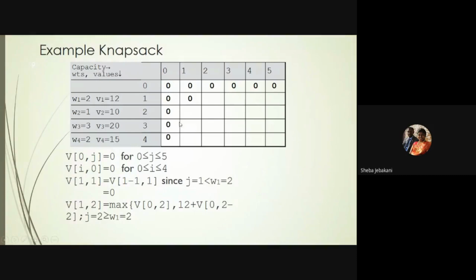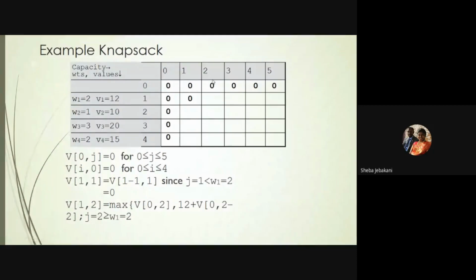Now next is V of 1 comma 2. That means now I am telling I have only one object and I'm going to choose for all the capacity. So with one object, for all the capacity, I have to find out V of 1 comma 2, 1 comma 3, 1 comma 4 and 1 comma 5. When I come for 1 comma 2, I find the weight is 2, capacity is also 2, meaning I can